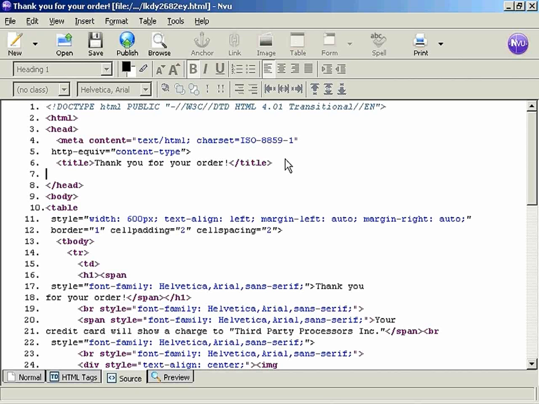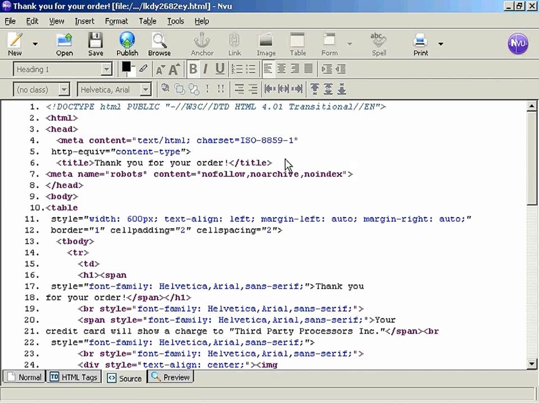So we type here left arrow meta space name equals quotes robots close quote space content equals quotes no follow, no archive, no index, close quotes,